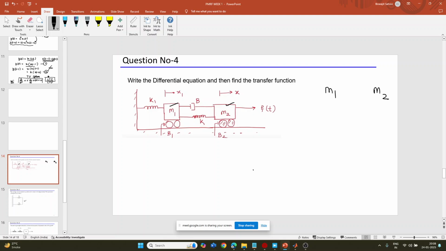Remember that whenever a mass is at a standstill position, it always wants to remain at standstill, and if a body is moving, it wants to keep moving. This is based on the law of inertia, Newton's first law. Now these two masses are connected by this part, which is called the dashpot, or a damper. Dashpot and damper are the same thing.